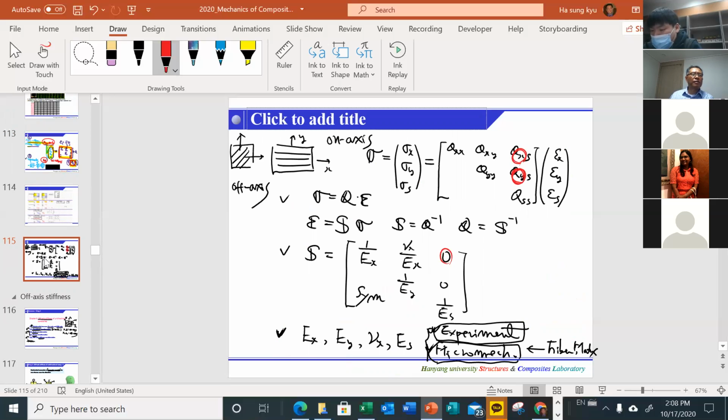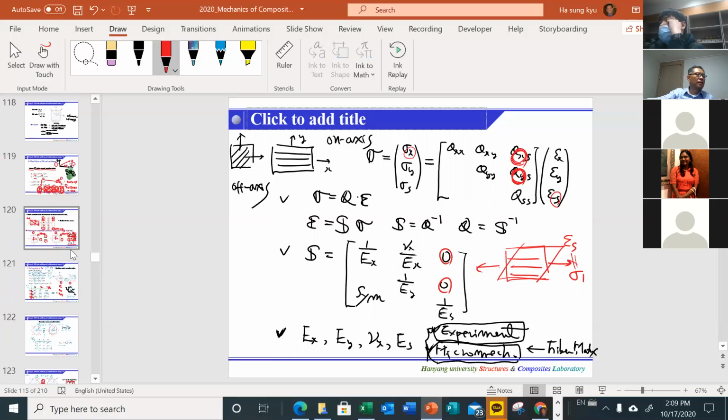And the same in the compliance matrix. The reason is that we have this on axis. When we multiply this one, it will not cause any shear deformation. So sigma 1 and epsilon 6, there is no coupling term. So there is always a 0 because of symmetry. That is the characteristic of this coupling term